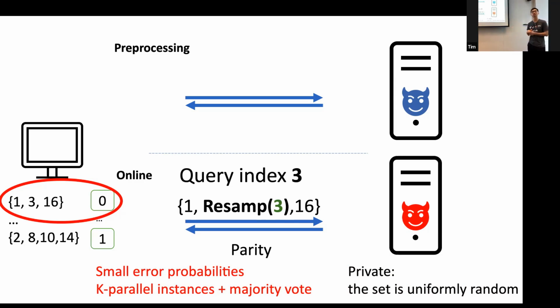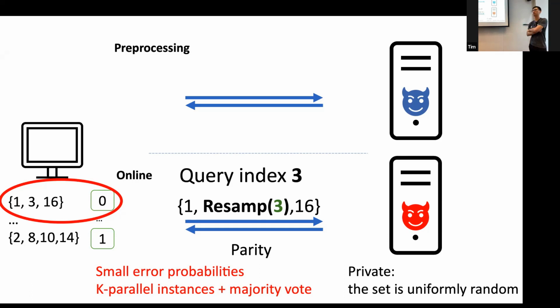Go ahead. Sorry, maybe I'm not understanding what resampling is. Aren't you taking the answer you wanted and XORing it with a random bit? Because what you want to get is the XOR of 1 and 16? Yes, that's what you want, but then if you XOR it with a random bit from the database, then how do you get